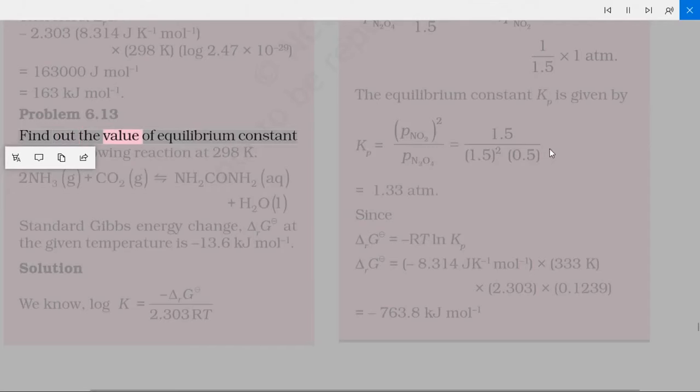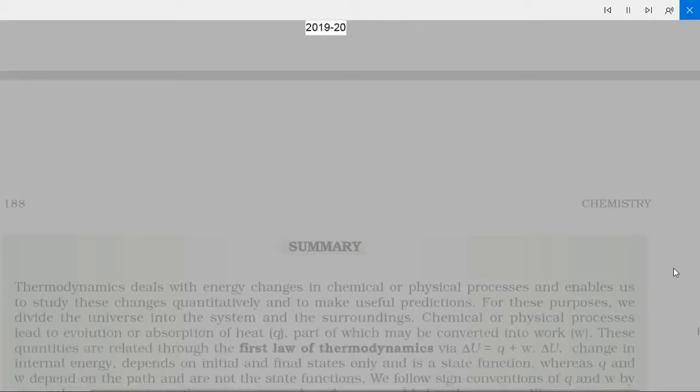Find out the value of the equilibrium constant for the following reaction at 298 K. The standard Gibbs energy change, ΔrG°, at the given temperature is 13.6 kJ mol⁻¹. Solution: we know log K is equal to